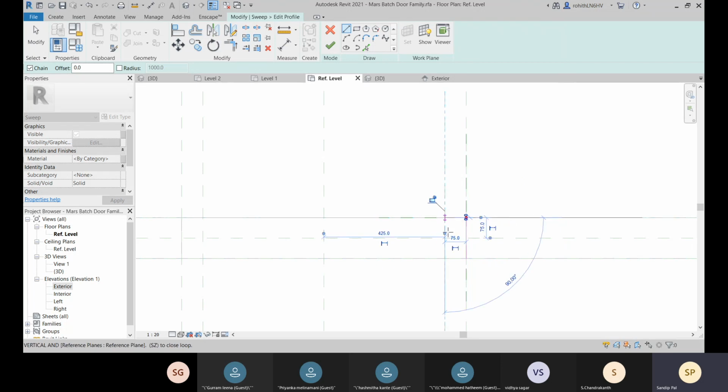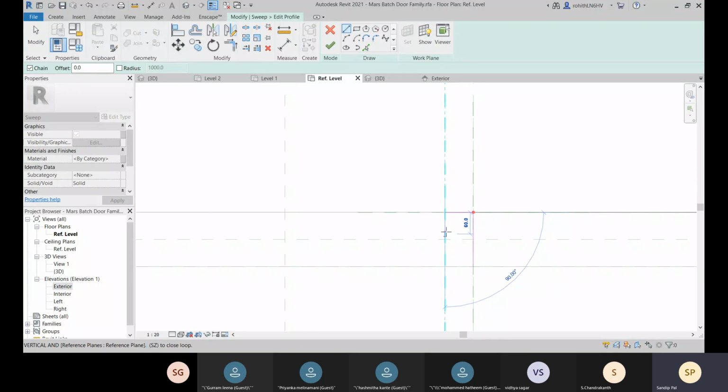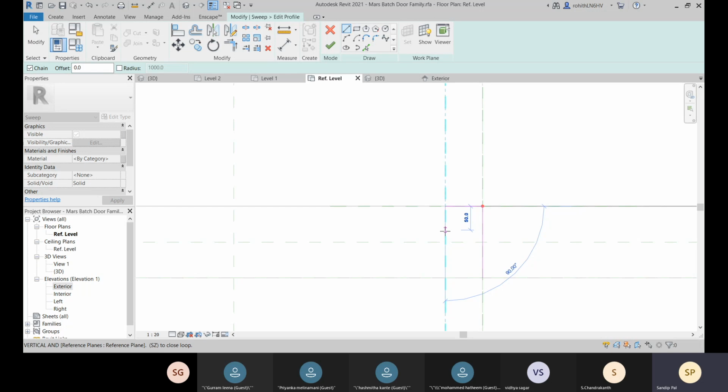Okay, so that is also 75. Okay, so I will choose 50 over there. All right, and here also let me go for 35, and let me go for this, or else I think that is too much.